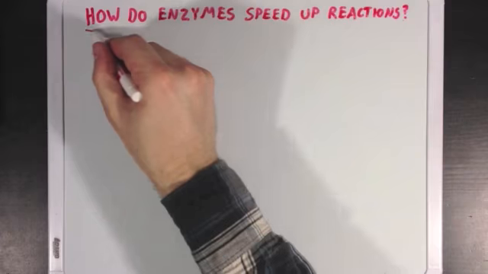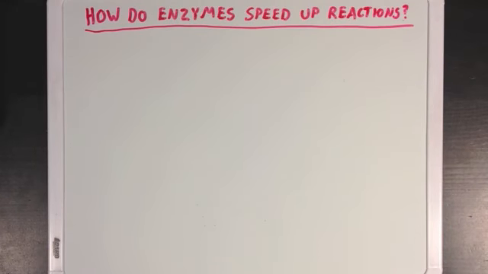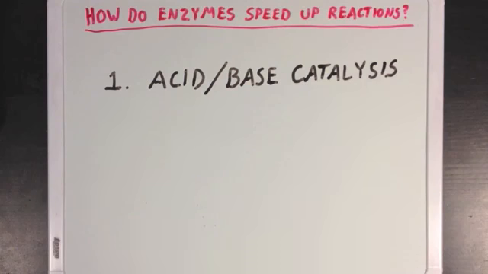So how exactly do the enzymes make the reactions go faster, though? Well, they use a bunch of different catalytic strategies to push reactions along a little more quickly. And I'm going to talk about a few of those strategies just to give you an idea of what enzymes are doing. So first I'll mention acid-base catalysis, which happens when enzymes act like either acids or bases.